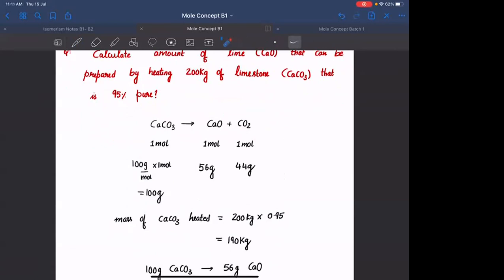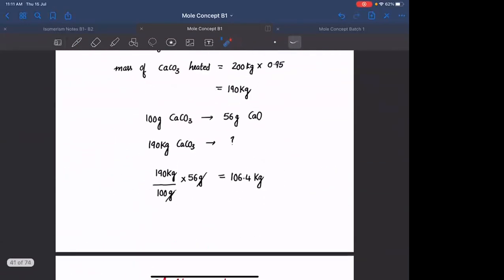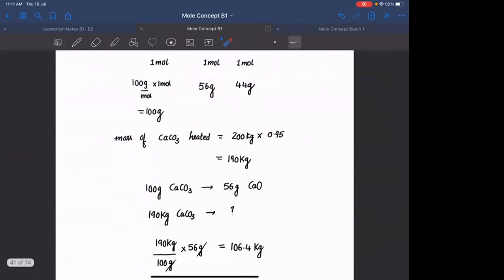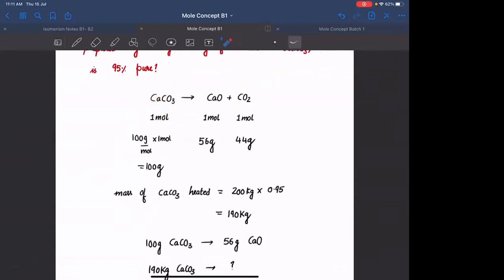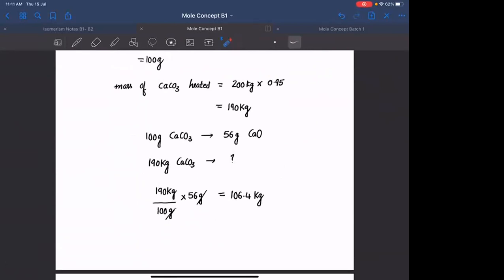Agreed? Good. Now let us see how to deal with questions which have gases inside them. Whenever you are given gases, you will be given the volume of the gas. From the volume of the gas, you need to find the moles or the mass of that gas. Because in the mole concept, whenever you are doing reactions, we see that these many moles react with so and so to form so and so amount of moles, and this much mass reacts to form this much amount. We don't have the analysis in terms of volume, right? So we need to know how to convert volume into moles or mass.